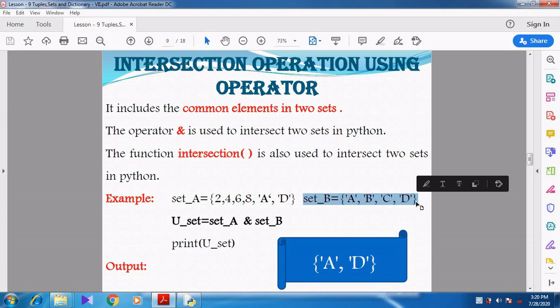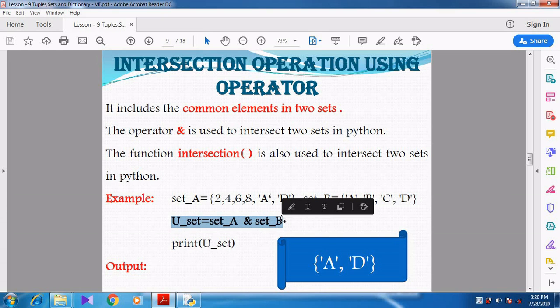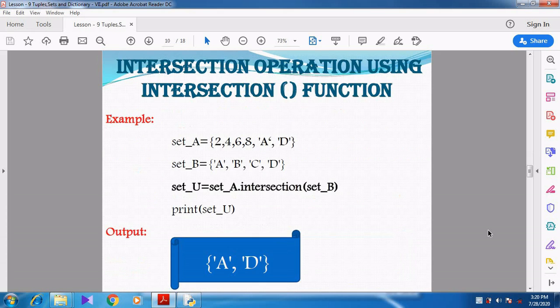But A and D, both these elements are common in A and B. The elements A and D are common in both the sets. So when I use the ampersand operator, what is the output I am getting? A, D.